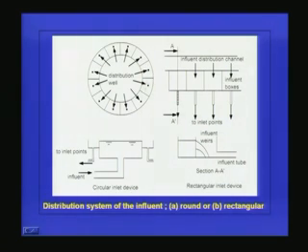From here it is coming to each inlet point, and the main influent is coming like this, and this is the weir, and from here it is getting distributed to various inlet points, and it will be going down. And this inlet, either it can be from the bottom of the reactor using a nozzle, and the nozzle opening will be in the bottom of the